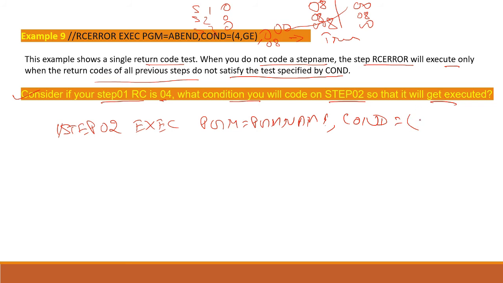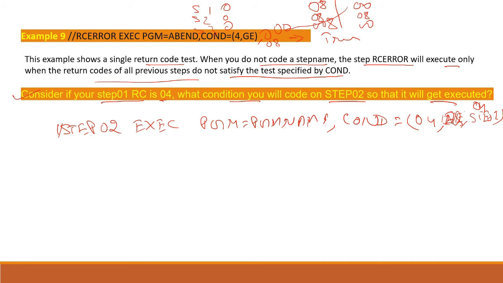In the COND parameter you will give 04, and NE, not equal to, means you want it to always execute. Then you will give step 01, which is returning 04, so you need to give equal.